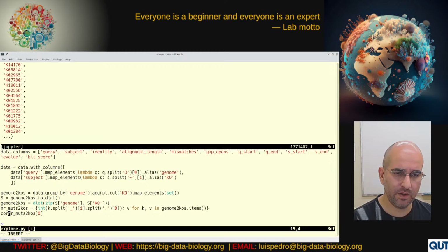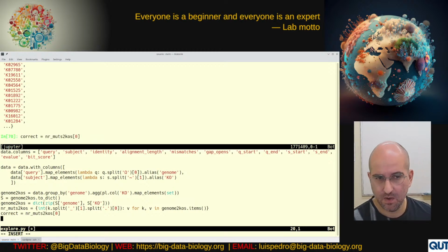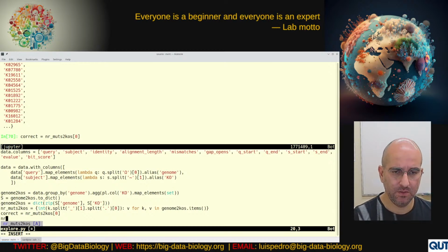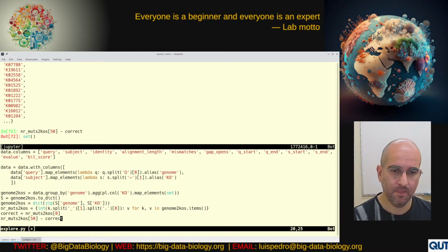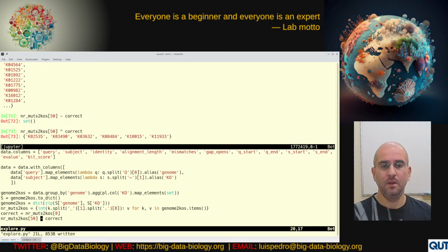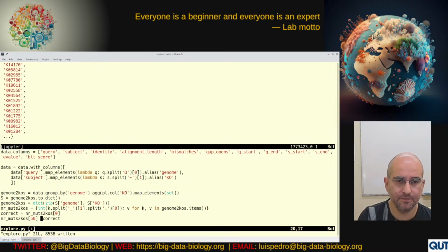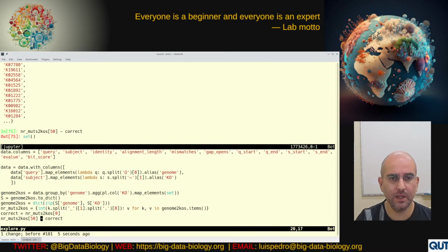Let's say this is the correct one, right? So now we can do something very simple like this. So we should take the number of specific. Okay, so we can see, it's very good, that these are the correct ones, and as the number of mutations increases, we are not